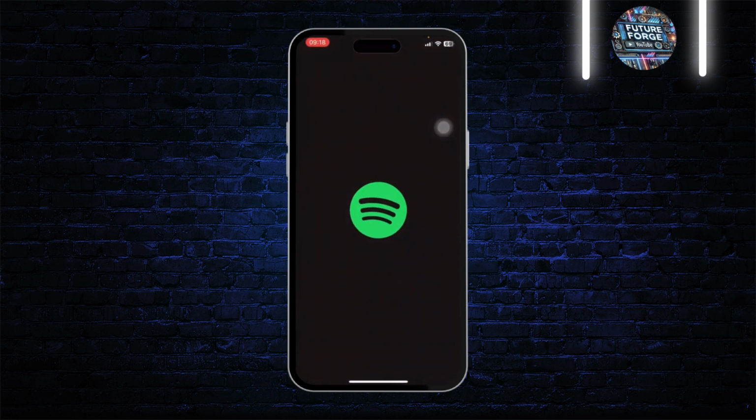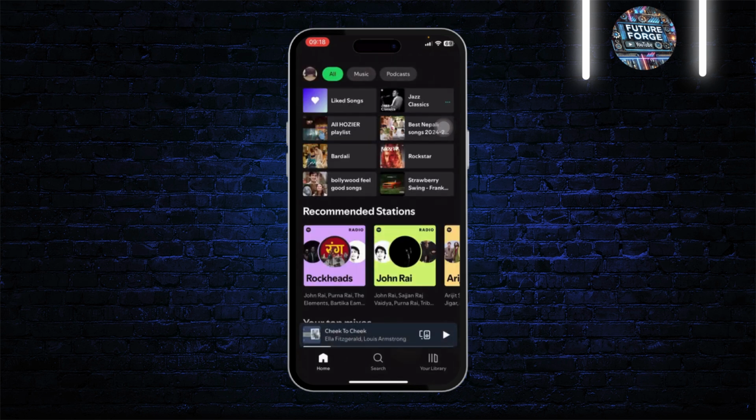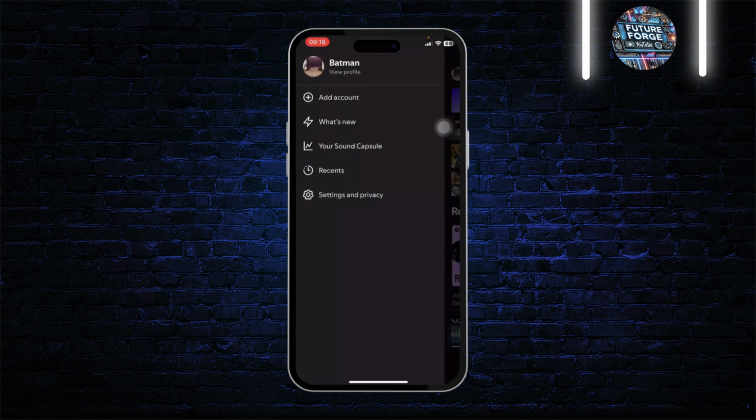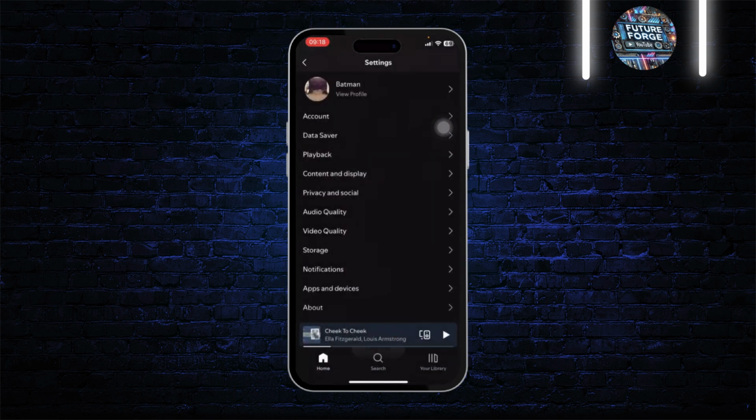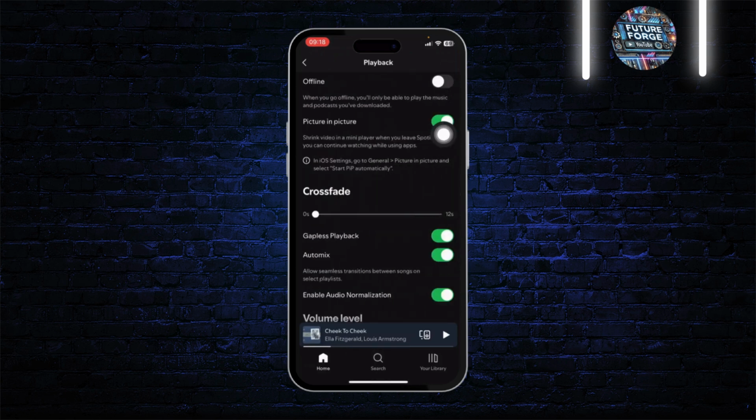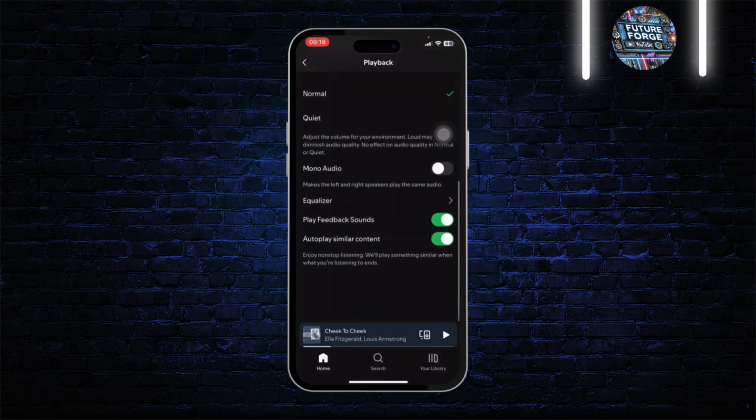First, open up your Spotify. After you open Spotify, tap on the top left on your profile icon. And after you do that, go to settings and privacy. After you've done that, you will see the playback option on the third. Tap on playback, and after you do so, scroll down all the way, and there you will see autoplay similar